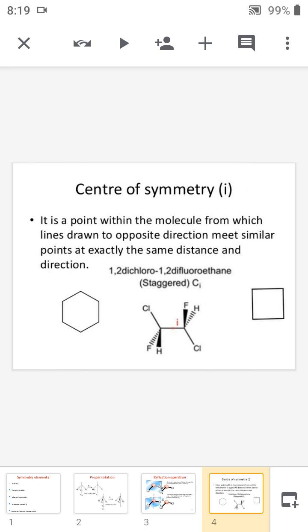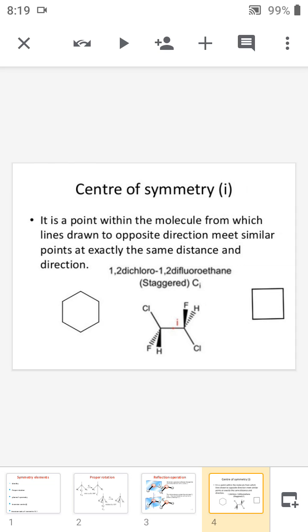Next is the center of symmetry. Center of symmetry is represented by i. Center of symmetry means it is a point within a molecule from which, if we draw a line in the opposite direction, we will meet a similar point at exactly the same distance and direction. Consider the example,